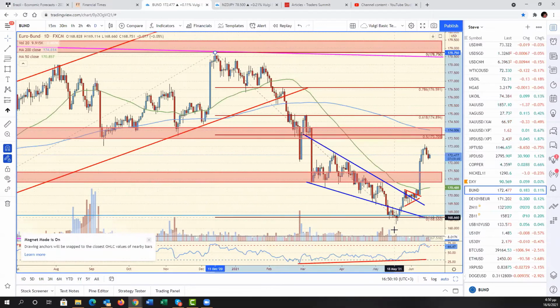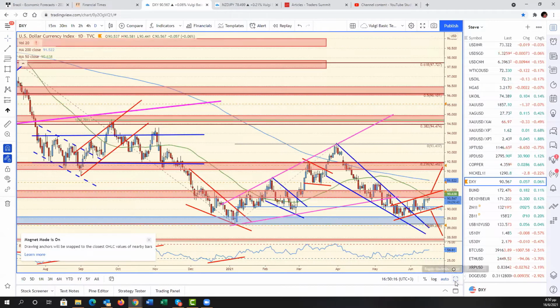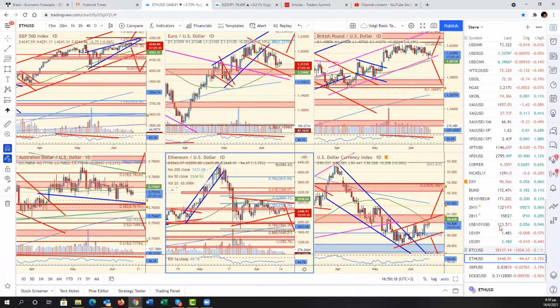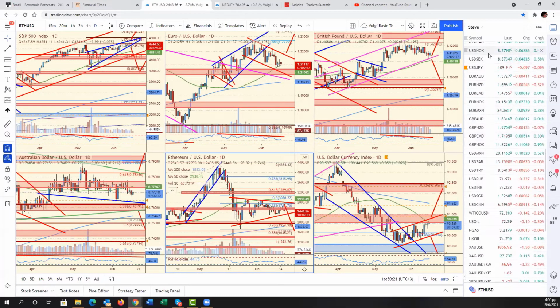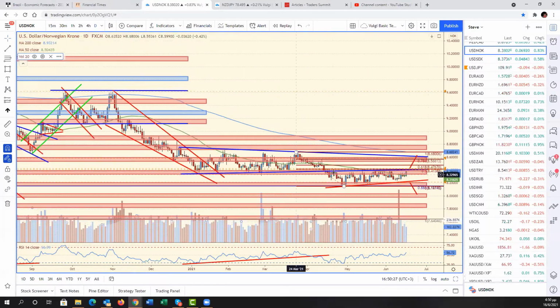Otherwise, it's been very, very quiet. The only currency really that's moving is the krona. So Norway is losing a little bit of ground, but really ahead of the Fed, it's just noise. Yeah, it doesn't mean anything, and to be honest, it's all noise because USD NOK is higher on the day, but still below this 841, 842 resistance area. And who would be buying any dollar pair ahead of the Fed being at resistance, or oppositely, if it was at support, same deal, you know what I mean? Yeah. Unless you think you have the ability to predict what they're going to say and how the market is going to take it,